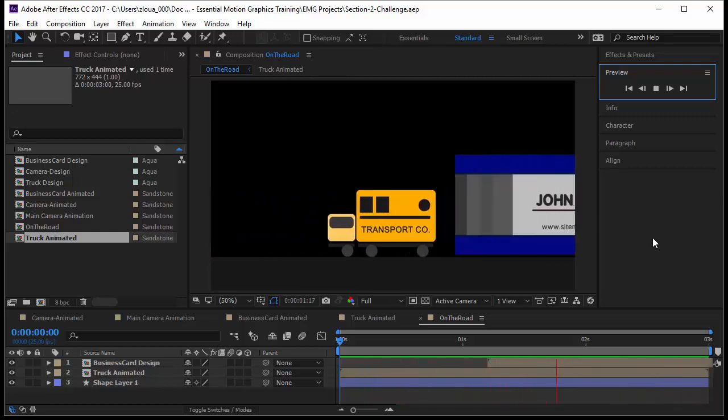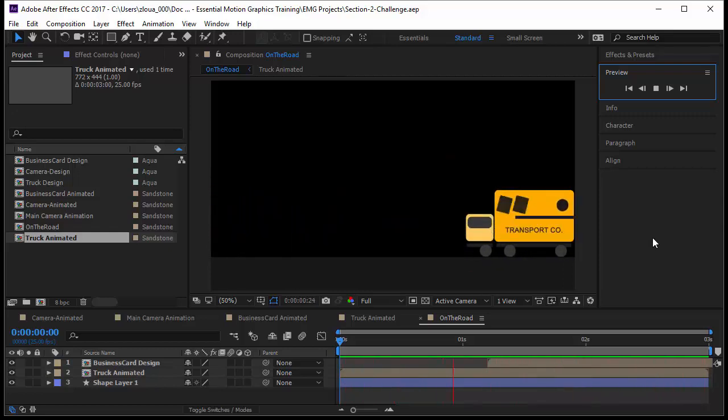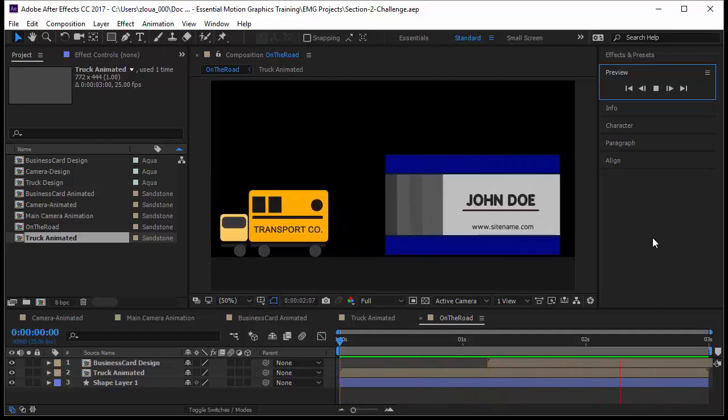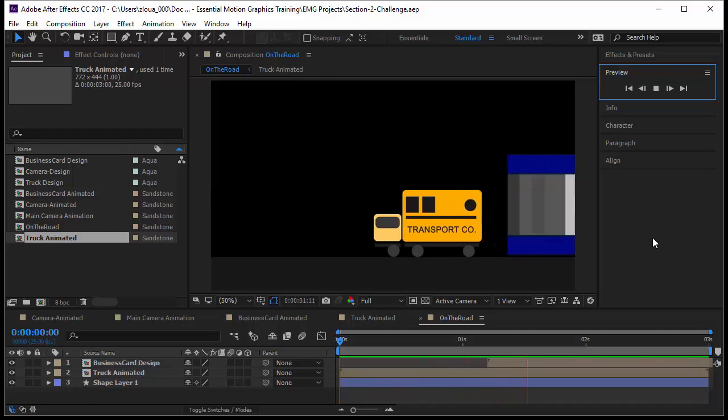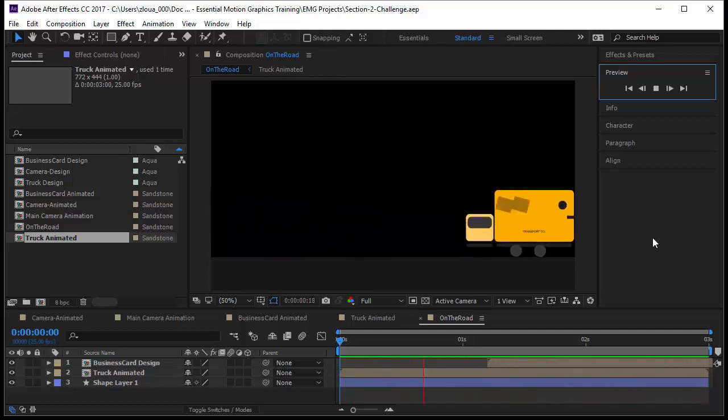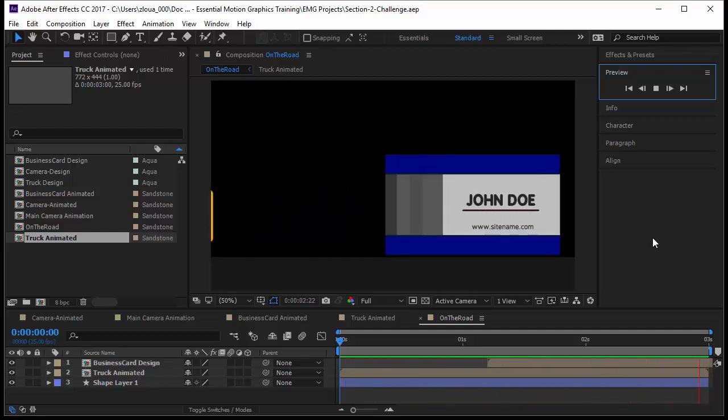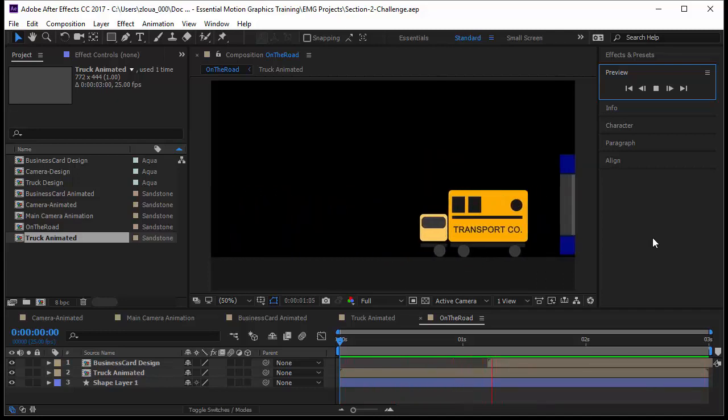It is important that you learn about layers manipulation and the keyframes manipulation. It is important that you do this challenge. I am insisting a lot. So you can download this project in the next lecture and work on it. Then create your own animations and show us. I will be very interested to see how you are